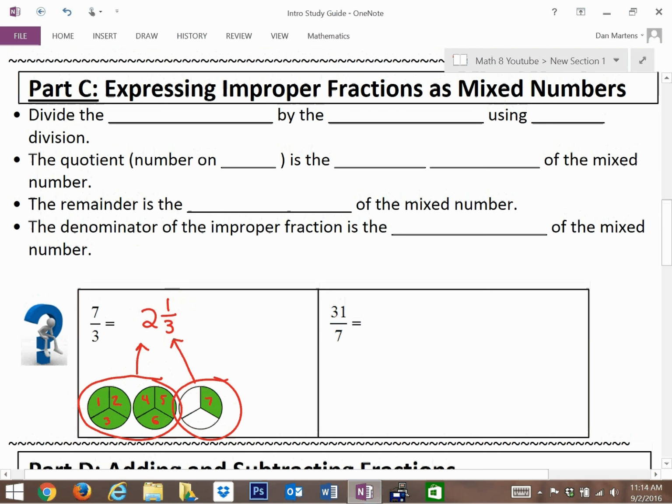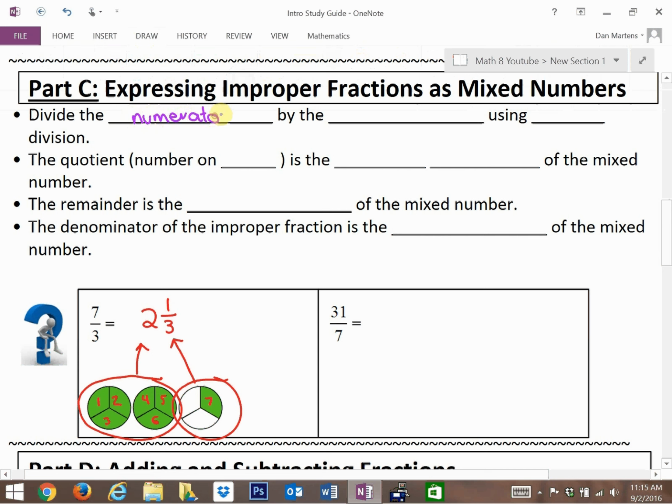Another way to do this, and this is what I'm going to get into the steps, because sometimes you're not going to want to draw things like 31/7. You'd have to break up a pie into 7 parts, and you'd have to do that with a whole bunch of pies, which is totally possible, not a bad thing to do, and then shade 31 of them to know how many whole pies and how many parts of a pie are there. But I want to give you a shortcut or a different way of doing this. So the first thing we're going to do is divide